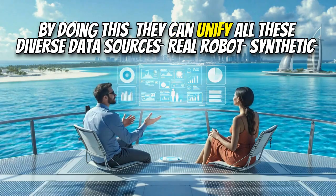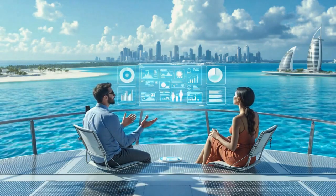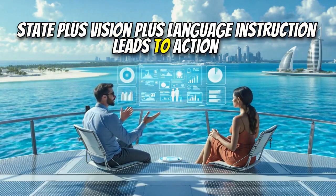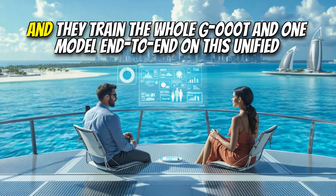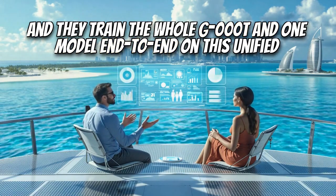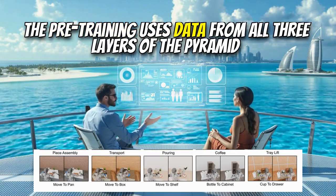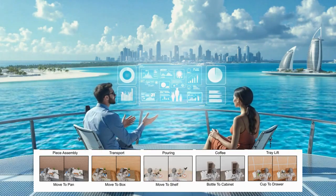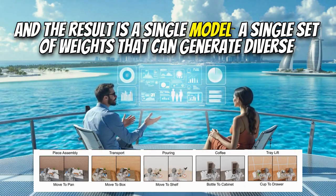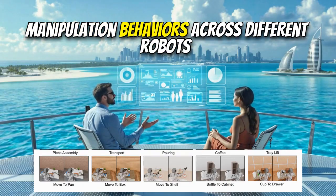By doing this, they can unify all these diverse data sources, real robot, synthetic, pseudo-labeled human video, into a consistent format: state plus vision plus language instruction leads to action. That's incredibly smart. And they train the whole GR00T N1 model end-to-end on this unified multi-source data set. Yes. The pre-training uses data from all three layers of the pyramid. And the result is a single model, a single set of weights that can generate diverse manipulation behaviors across different